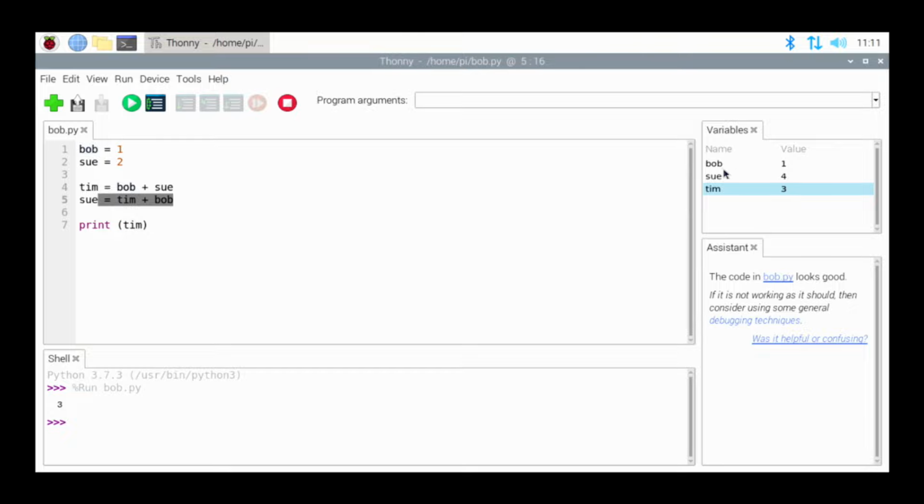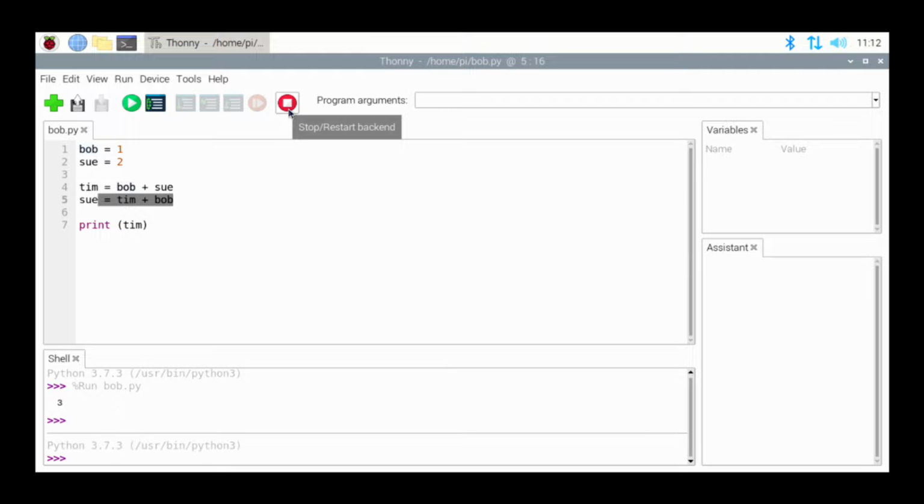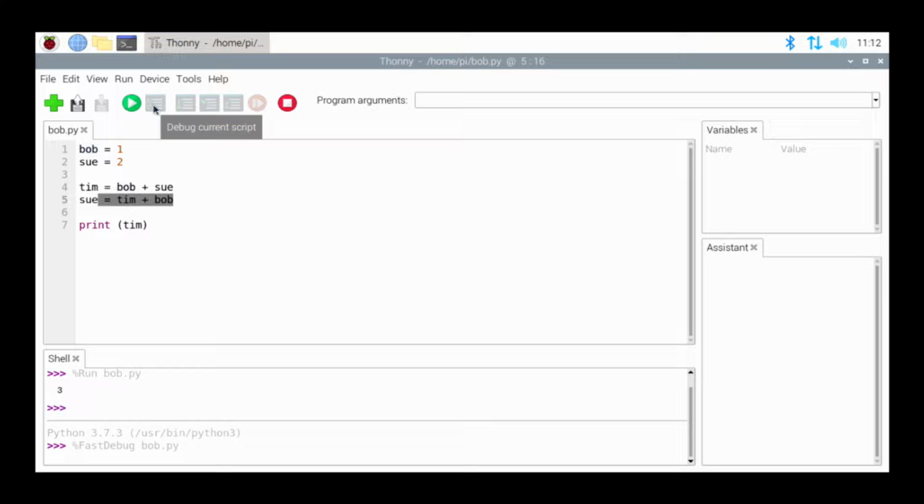Now, one of the interesting things here is we can go through the debug process. One of the things that we need to do is stop. Whenever we run the script, we're also going to need to stop the script if we want to rerun it again. This run current script simply runs the script without the debug process. This here is the debug process, where you can try to step through the code and understand what's going on with your code a little bit better. So if I click on this debug script, the first thing it's going to do is